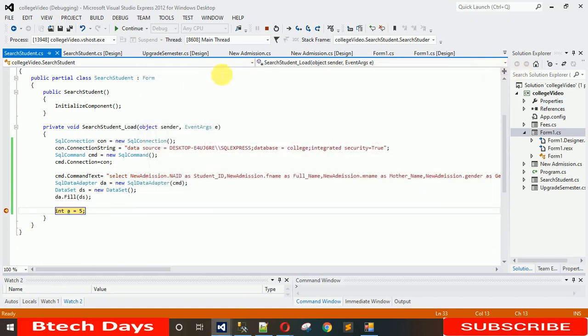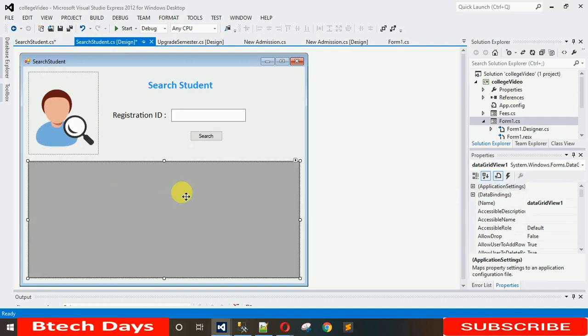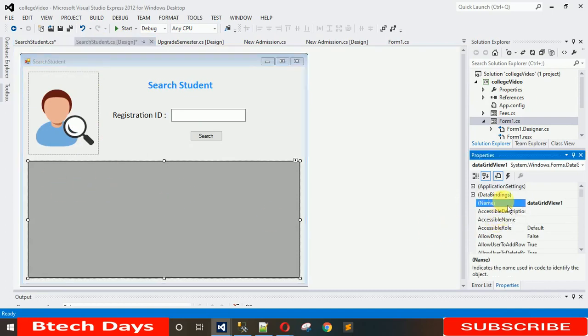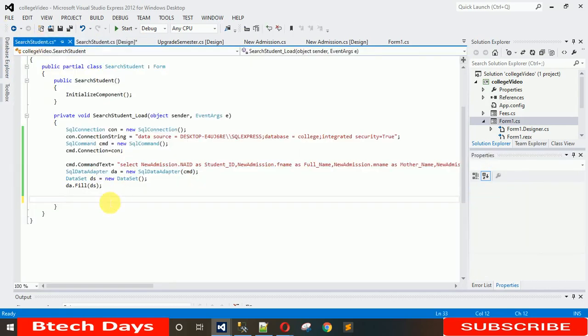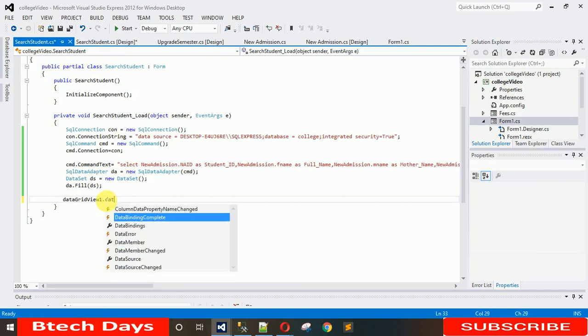So let's move further. Now we have the data. What we need to do is show that data in the data grid view. So how to do that? For that, let me check the name of that data grid view. This is the data grid view, so the design name is data grid view 1. Go to properties, and in the properties you will find this data grid view name. Here we have to write data grid view 1 dot data source